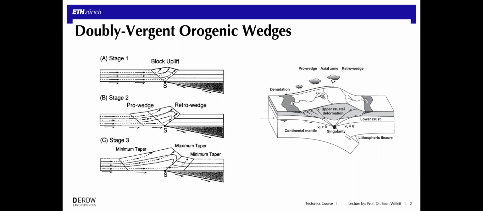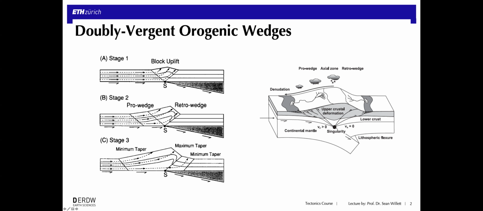This is meant to simulate a kind of subduction process like we see over here on the right, where the substrate of the lithosphere, that is the lower part of the crust or the mantle, is going down into the lithosphere and scraping off the upper part of the crust. This might be as little as the sediment layer, or it could include much of the crustal section as well. But together then they build up this orogenic wedge that may be back thrusting over the upper plate and thrusting